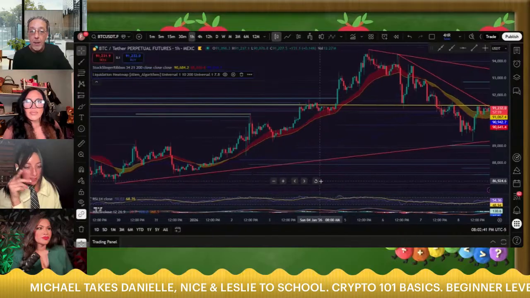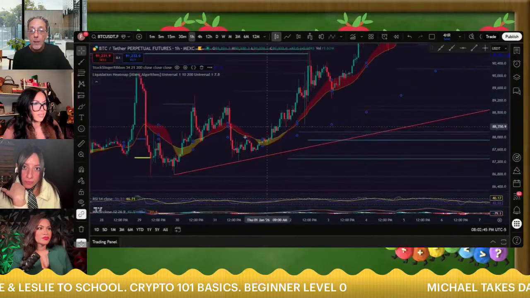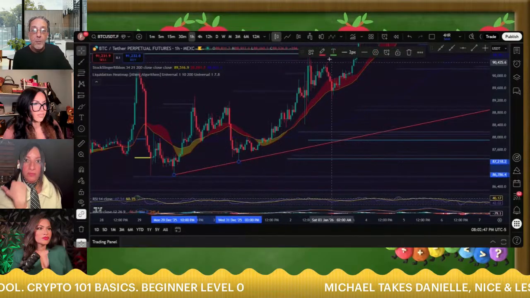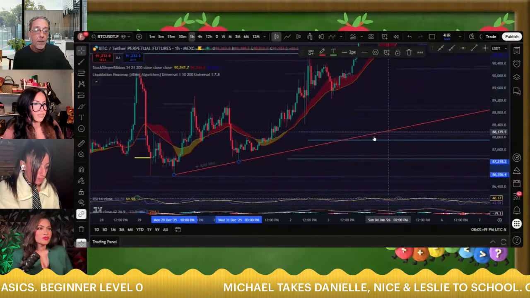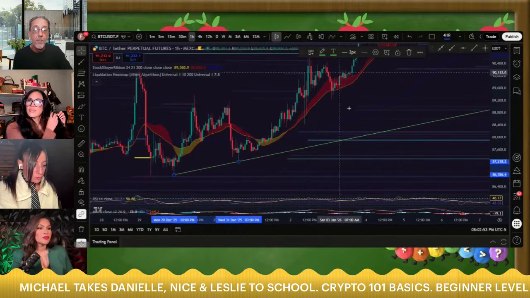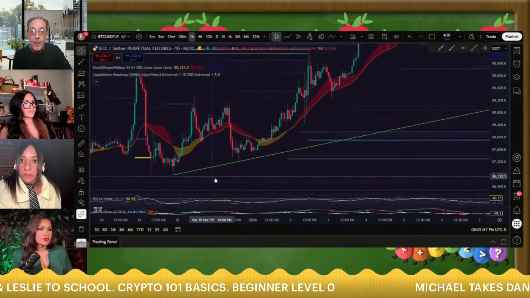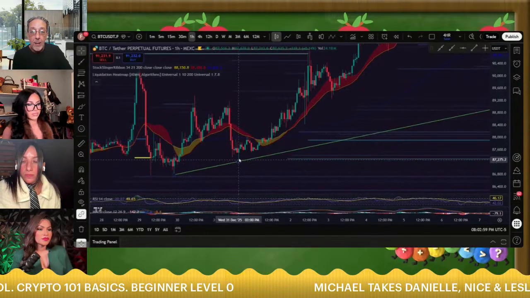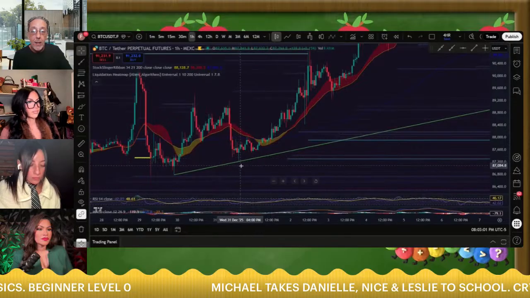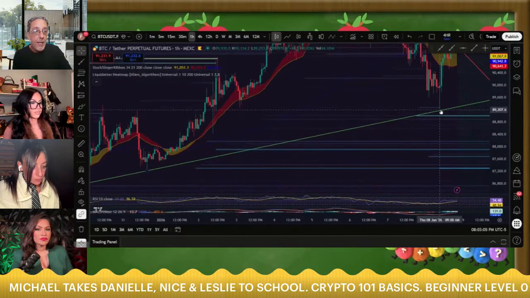So it started here. I'm going to change this. Since this is an uptrend line, I'm going to click on the line itself and change the color to green. That tells me it's going up. So we started here, and we made sure that we didn't bring it into that wick. That's the first point, and here's the second point over here.